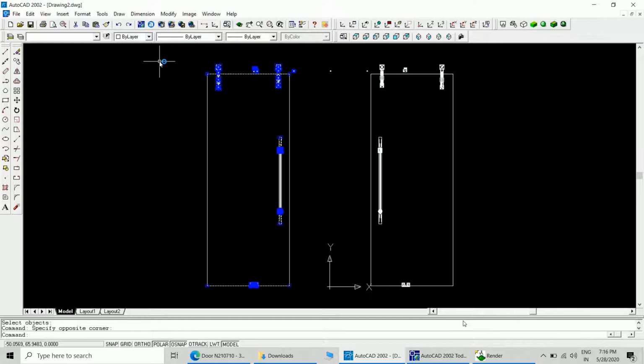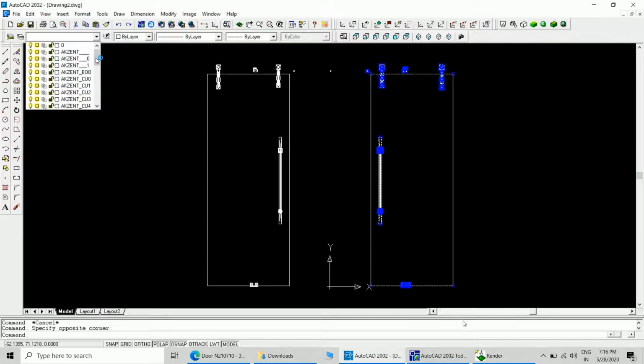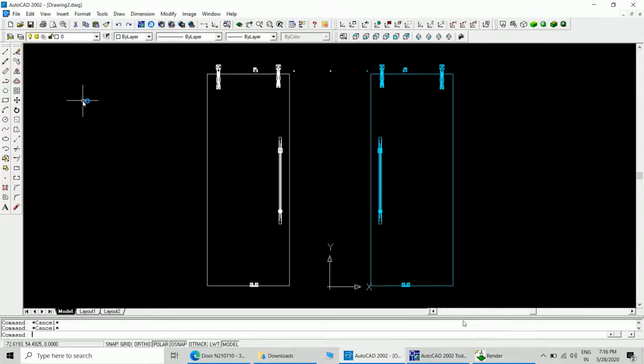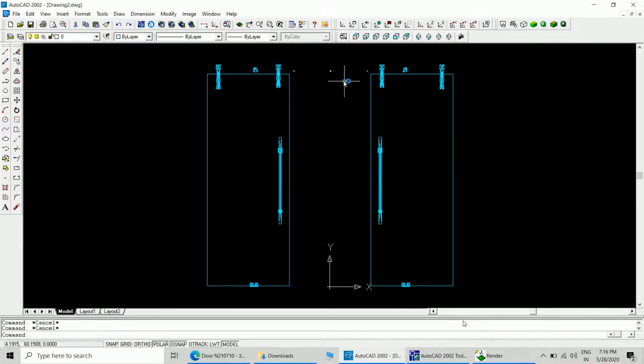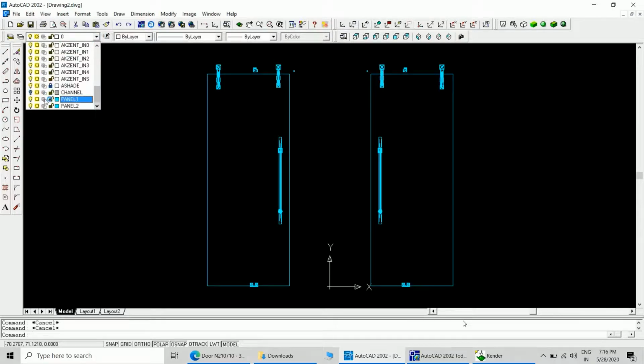This panel I will put on a different layer. The left hand panel and right hand panel I can put on different layers. Just select the panels and put it on a different layer, and you can see the change in the color. It means that the panel has been transferred successfully to that layer. This you can delete if it is unwanted. Okay, so everything has been transferred.